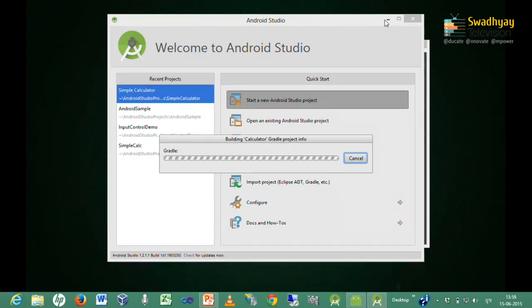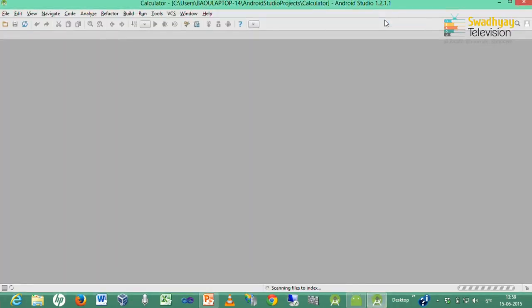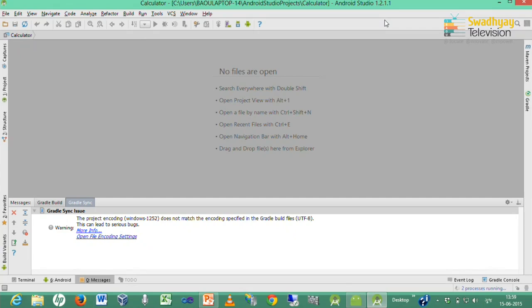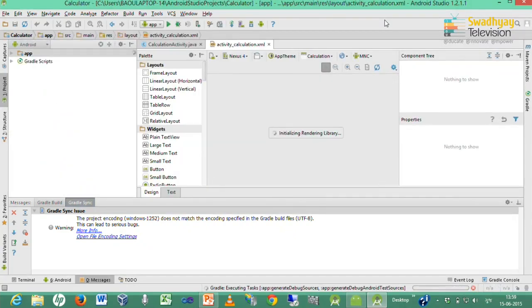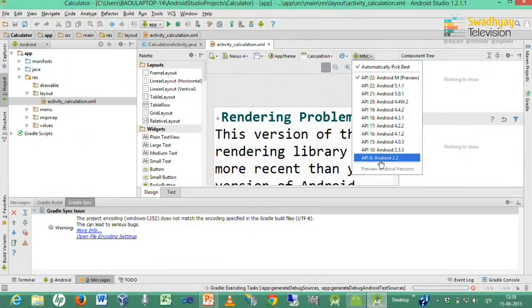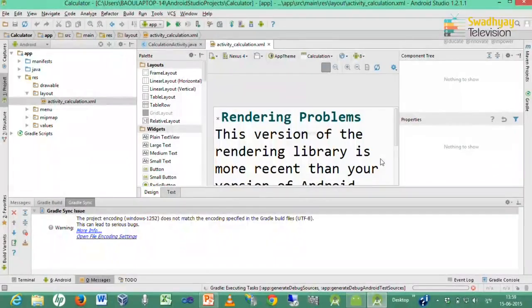It creates activity for you, one blank layout for you, and then you can easily start your app. So here I am changing our API level to 8 and version to 2.2.